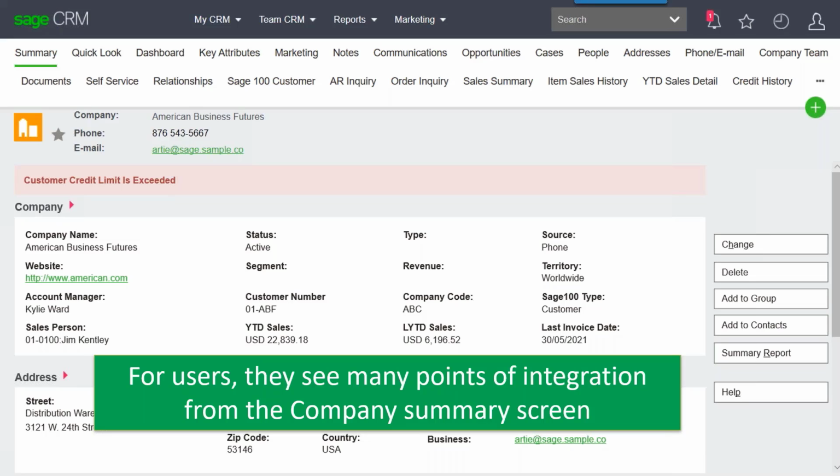Now I've gone over to a company summary screen. I'm looking at a customer, and that customer is American Business Futures. I'll just highlight here different points of integration. These aren't all of them, and I'll go into it, but it's quite deep. So as a sales user or a customer-facing person using Sage CRM, I have quite a bit of information at